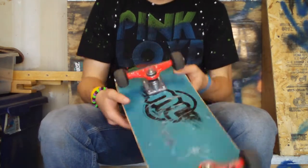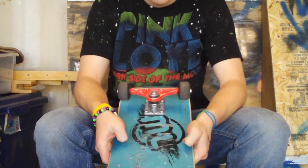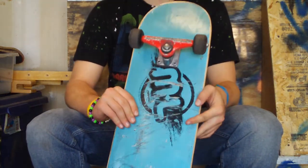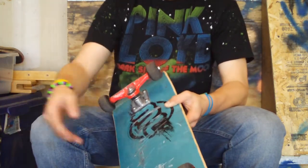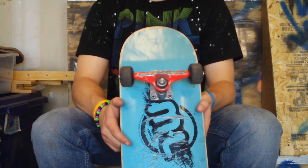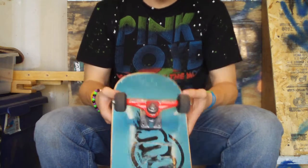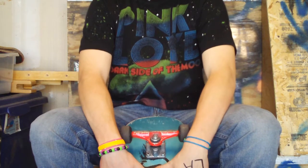But yeah, grip, and I like how they have the pre-waxed coloring, so you don't need to wax everything if you go to board slide it. If you do board slides, nose slides, tail slides, whatever, it's already pretty good. I figured that out when I waxed the hell out of my rail and then tried to skate it, and it was way too waxy, and I looked it up and it was already waxed. But I like mini logos because they're like a pro style board,